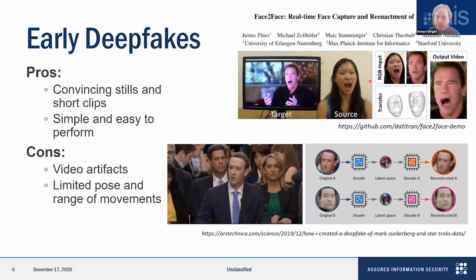One that you'll see a lot of examples of out in the wild comes from this paper, Face2Face, which was able to take advantage of a deep neural network architecture called an autoencoder to produce very realistic face swaps, where you could take the face from one individual and replace it with someone else,